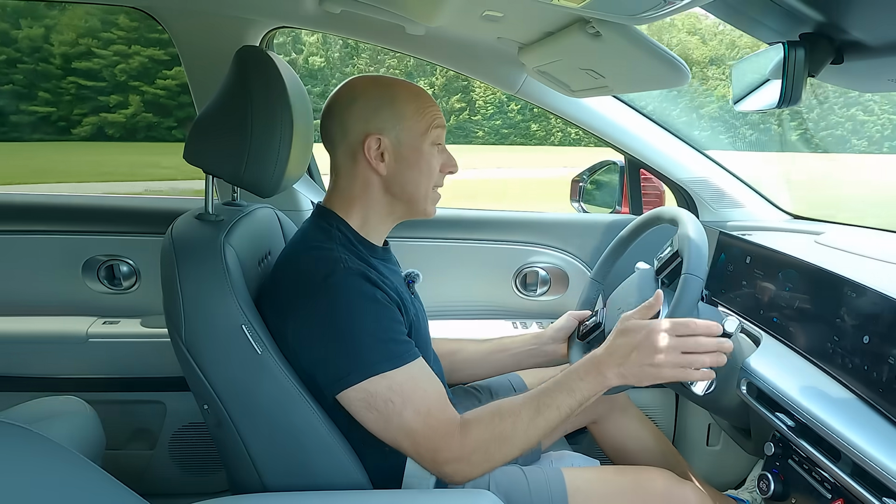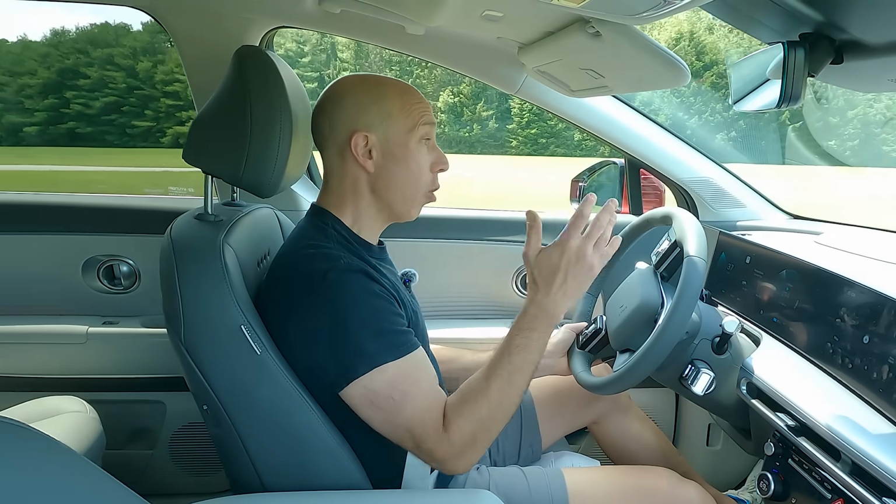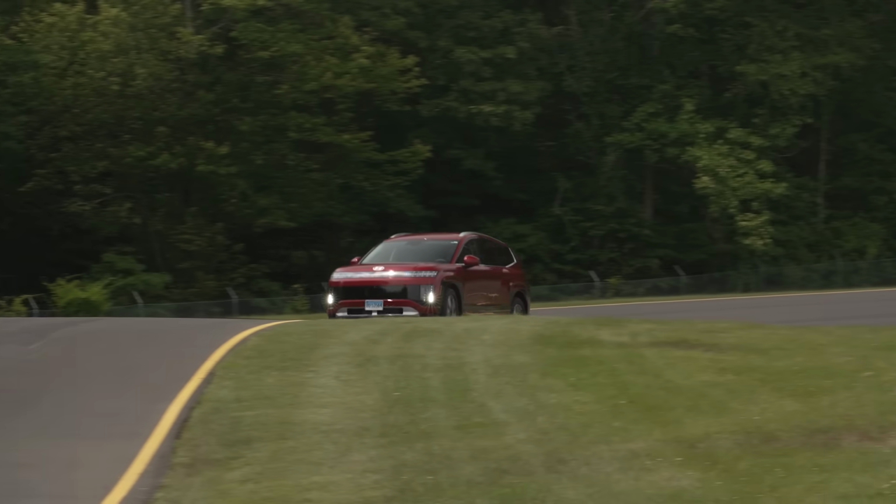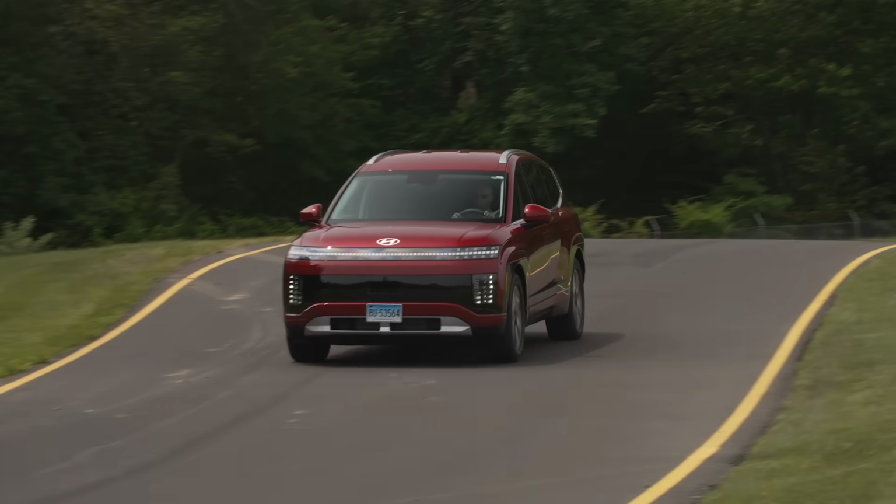There's plenty of get-up-and-go from the 303 horsepower powertrain. Throttle response is instantaneous, and like a light switch, you have all that power immediately. It does tend to run out of a little bit of speed, maybe 70, 75 miles an hour. But for the most part, you hit the accelerator, hit the throttle, and you're going down the road and zipping